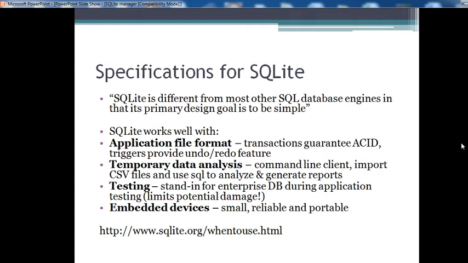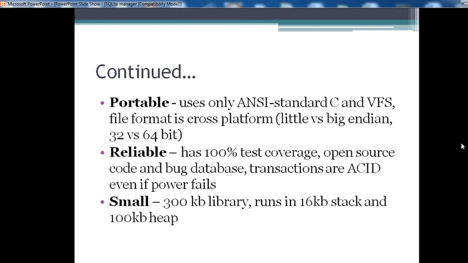Portable: it uses only ANSI standard C and VFS, a virtual file system file format. It is cross-platform, little versus big endian, 32 versus 64 bit. SQLite easily supports those different bit formats.